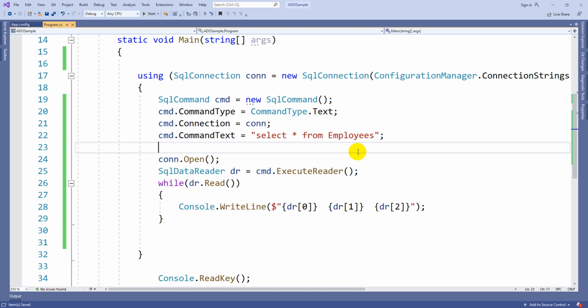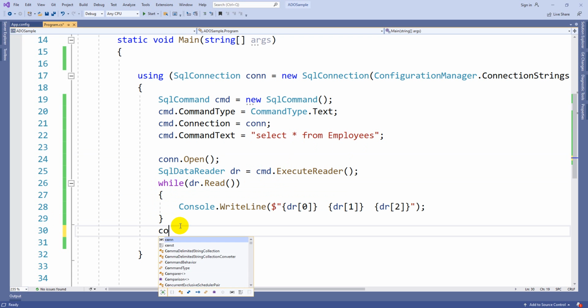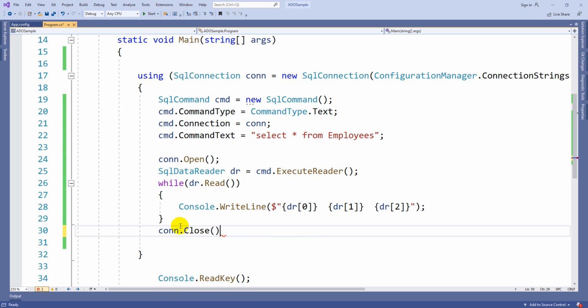But make sure you should not close the connection till the time you complete this while loop, because this is a connected approach. If in between, while repeating this while loop, you lose your SQL Server connection, this program is going to fail. That is the only difference you need to understand.